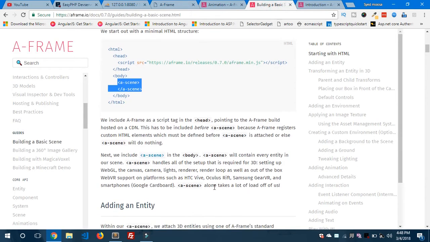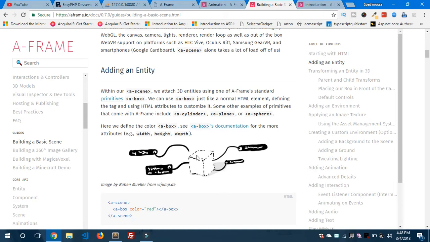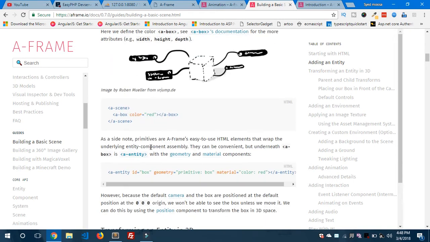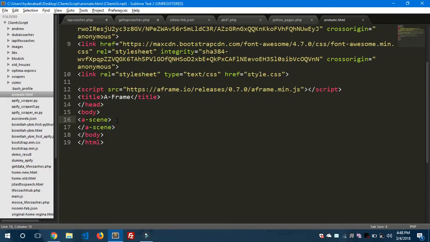So let's move ahead and create an entity. I already said that if we create a scene, then we need to include some entities like a sphere, plane, or sky, or we have boxes as well. So we have to include one entity inside the A scene. In this example, we are going to include a box which is red in color. So inside this A scene, let's copy this